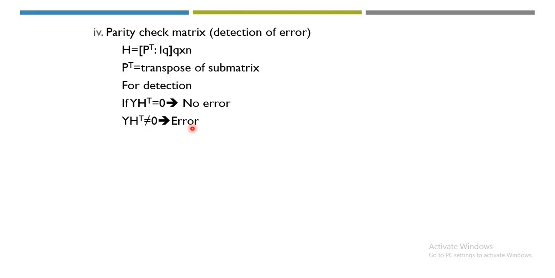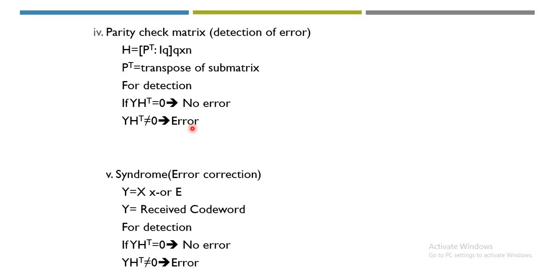Once we come to know that the received code word has an error, we go for correction, and for correction we use the syndrome concept. So what is the syndrome concept basically? The syndrome values are nothing but y into H transpose. Here y is equal to x XOR e, where x is the transmitted signal and e is the error. If the transmitted signal is added with the error signal, it gives y, the value we have received. So if the error is equal to 0, we get output the same as x. But if the error is not equal to 0, meaning we have some error value, then definitely the received code word has an error.